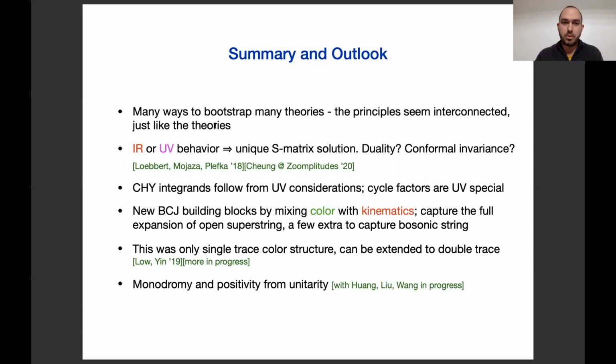And it'd be great to know if there's a direct way to see all these connections, especially between the IR and the UV. So it's quite strange that both of these extremes of an amplitude basically contain the same information, right? If each on its own is sufficient to fully constrain an amplitude, they contain the same information. So you might naively think, okay, maybe there's some duality between the IR and the UV. Of course, this is just 3 levels, so it's nothing fancy, but it's still very non-trivial how that might happen,